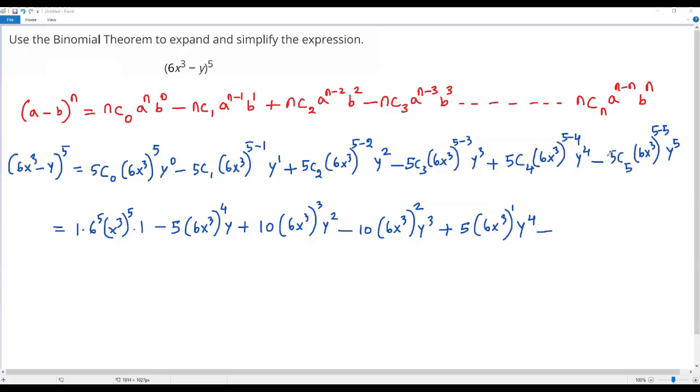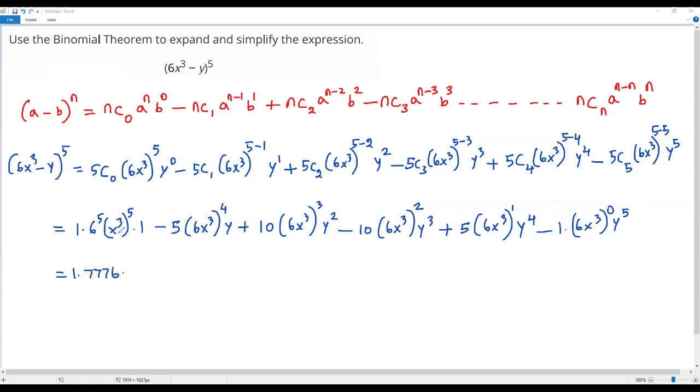So here in this combination, the value of n and the value of r are both equal. The value of such a combination is just 1, and 6x to the third power raised to phi negative 5, which is 0, times y to the fifth power. Okay, now here let's write this one as it is. 6 to the fifth power. Let's evaluate the value of 6 to the fifth power. So then we get